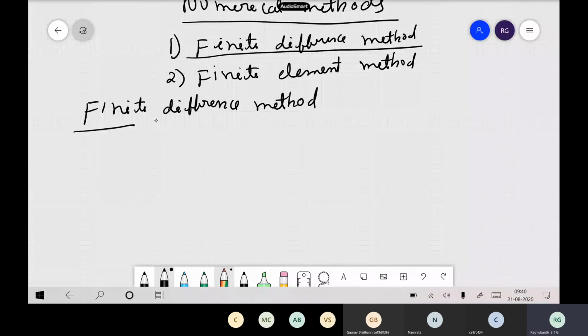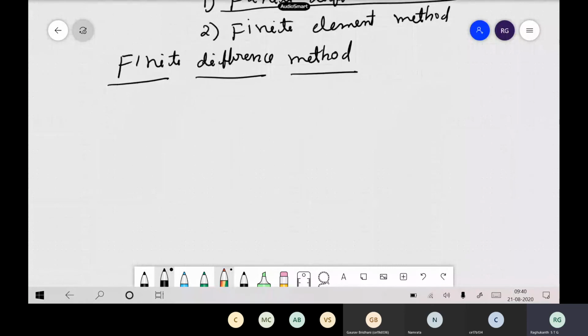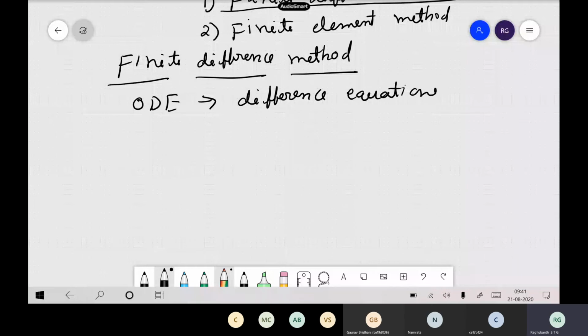So what do we do in finite difference? All of you know the finite differences. What do you do in these methods? You represent the derivative in terms of differences. You replace the equation of equilibrium by finite differences. You convert a differential equation to difference equations, just algebraic equations you derive. It's very straightforward.